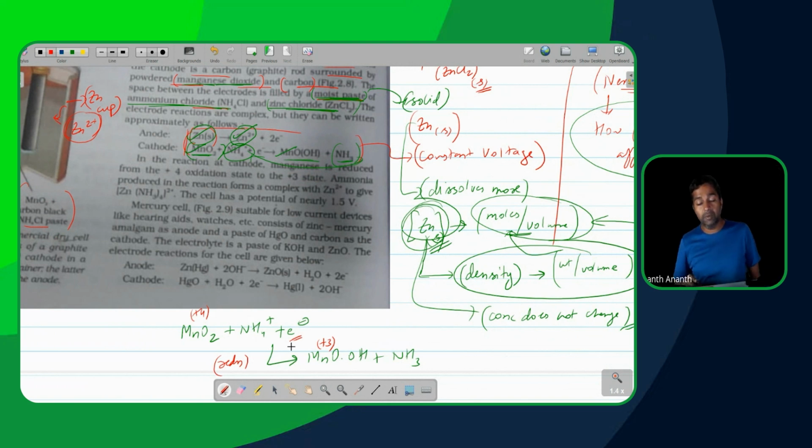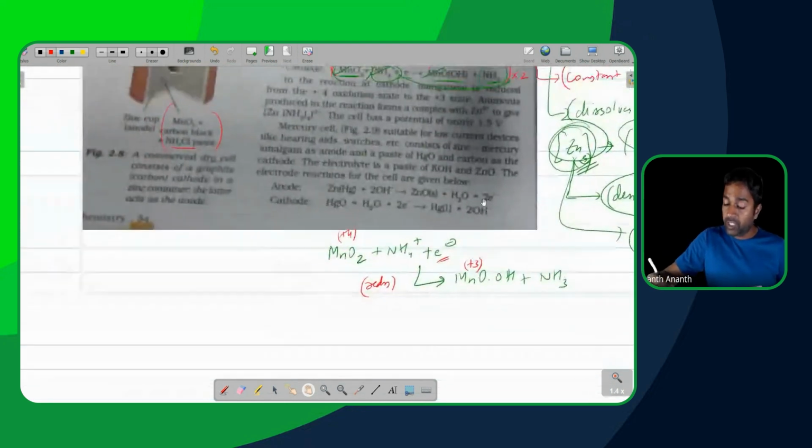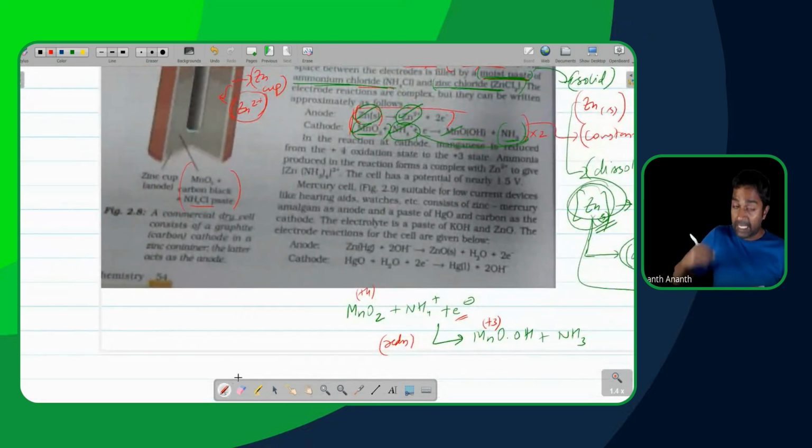At the same time, the zinc is losing 2 electrons over here. So effectively, we are going to be having this reaction multiplied by 2 and then added up. Meaning, what is my final reaction for the dry cell over here? The dry cell's actual final reaction will be zinc solid plus 2 MnO2 solid plus 2 NH4+ in the form of solid